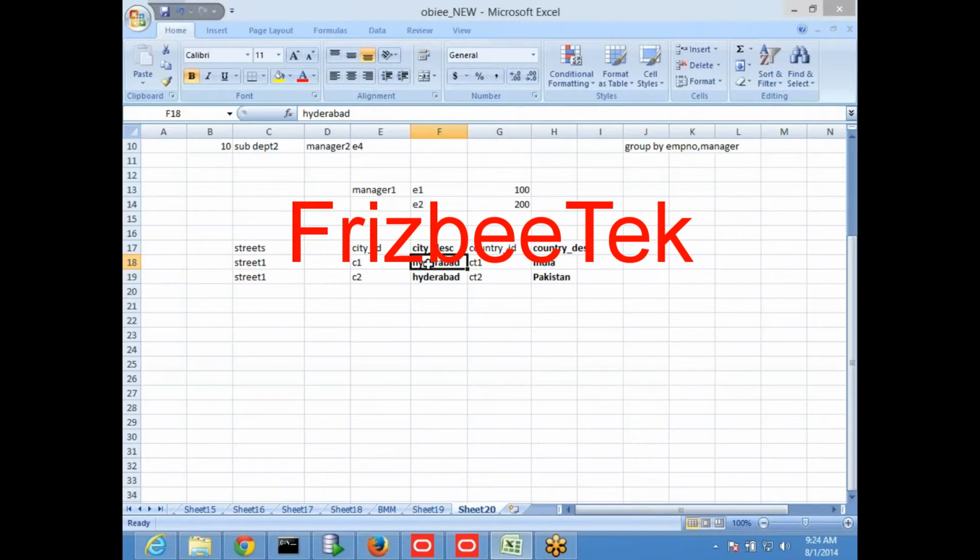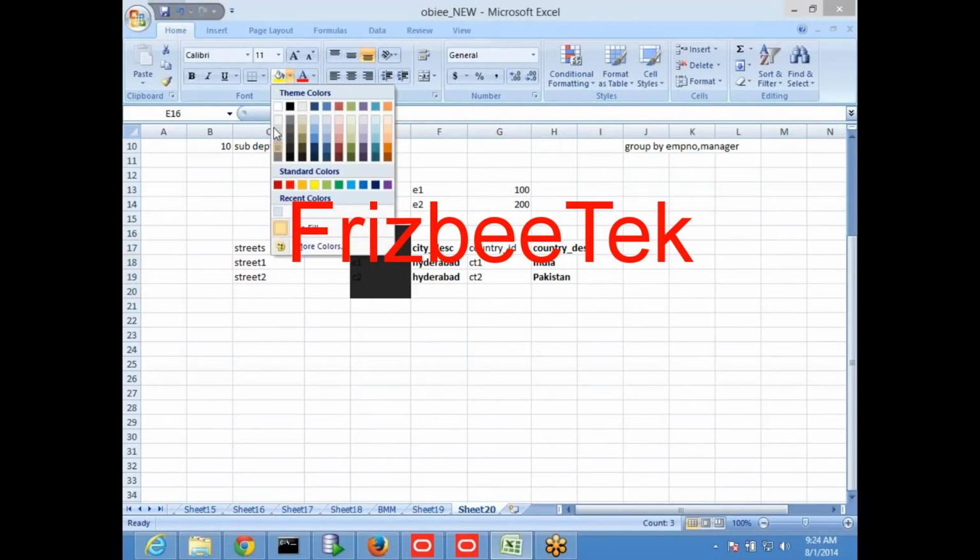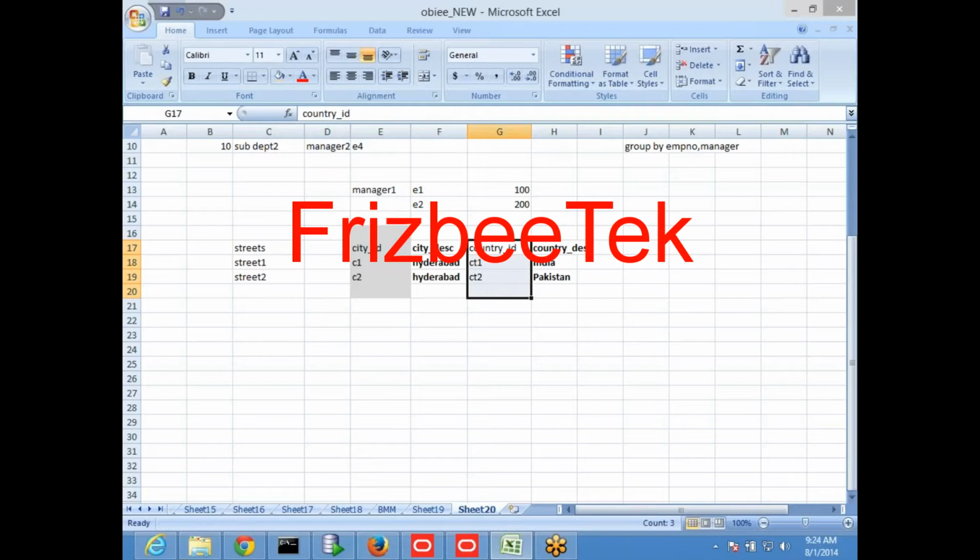When I click this Hyderabad, I want to pick up the streets related to this Hyderabad. Let's say street 1, street 2, just for example. Assume for a moment that these ID columns are not present. I have not given you these columns. I have given you only streets, city description and country.